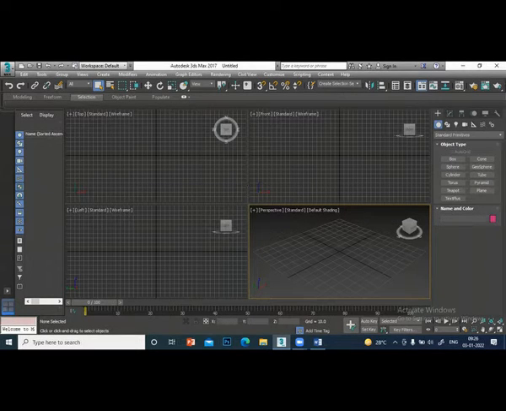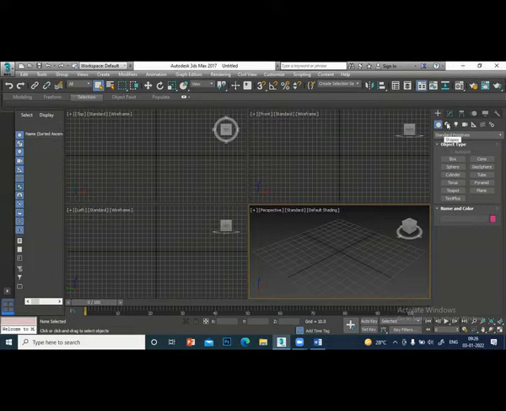Okay. Now we are going to learn about shapes. From the create panel, we have gone through the geometry, primitives and other things. Now we'll go to shapes. Last time we learned only the line command. We'll go through other commands now. Let me explain the line command once again.